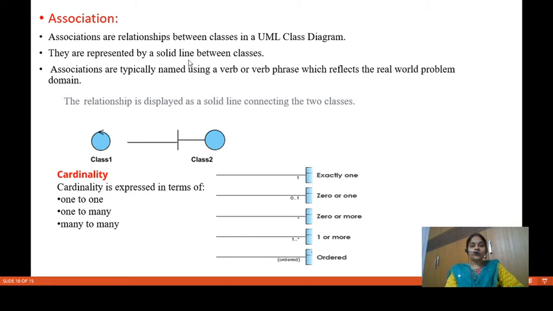These are represented by a solid line between the classes. Associations are typically named using a verb or verb phrase. And coming to the relationship diagram, this can be represented by a solid line we can see here. From class 1 to class 2, there is an association relationship, meaning this can be represented by using the